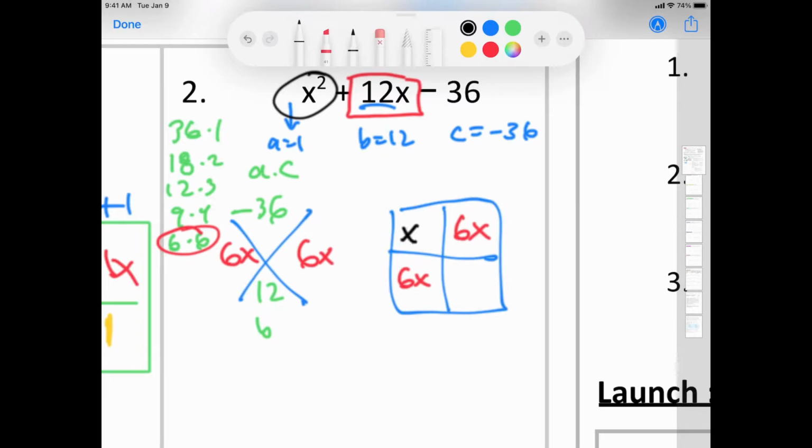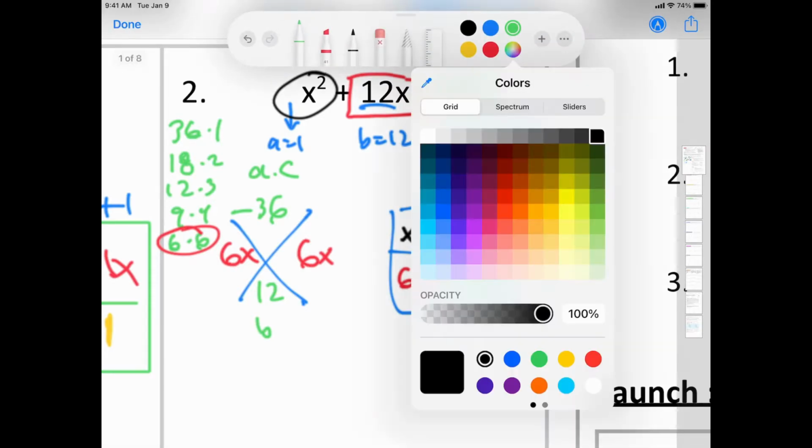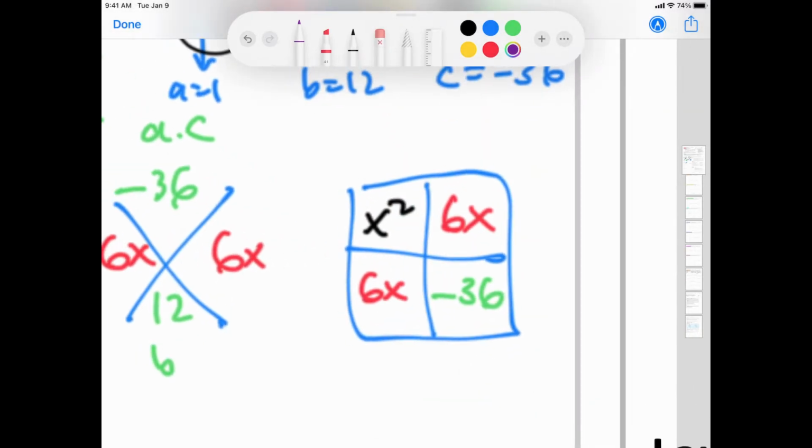That one will always go in the top left, and this one will always go in the bottom right. Let's go ahead and factor here. Here, I'm just taking out the greatest common factor. So going the top row here, the greatest common factor is an x. In this row, it would be a positive 6. Going this direction, that'll be an x. And going in this direction, that'll be a